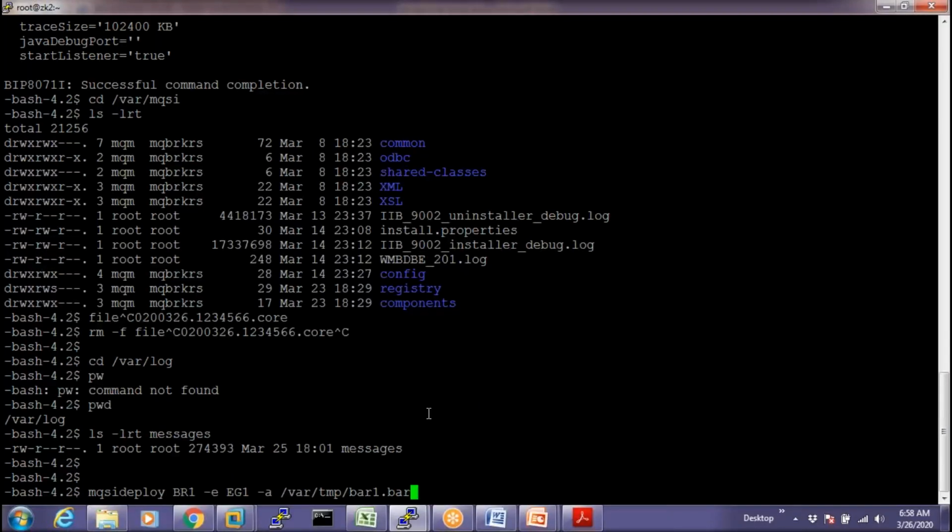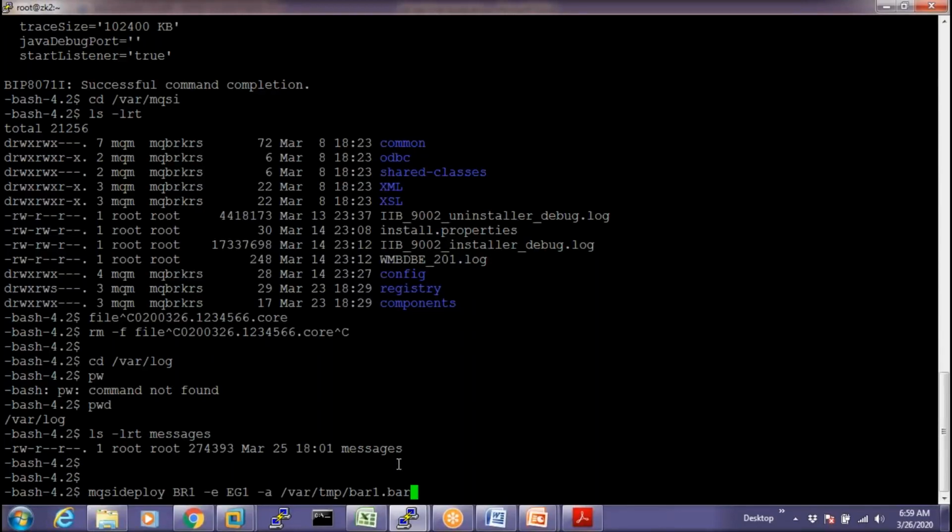Yeah. Sometimes we have to use -w, the wait interval time, for example 300 seconds. When we do not mention anything, the deployment wait time is 30 seconds by default. If the bar file is small, 30 seconds is enough. But sometimes we get huge bar files, say a 300 MB or 400 MB bar file, sometimes even 1 GB, depending on the code designed by the developer.